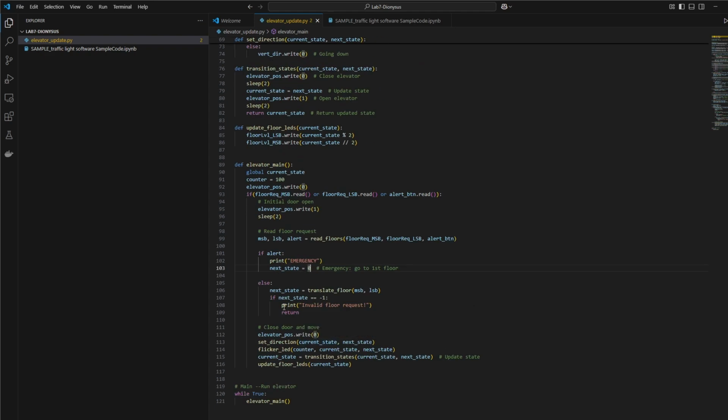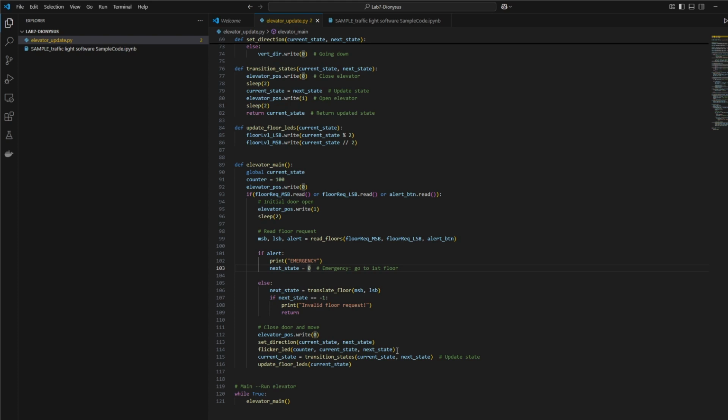And then from here the door is open, and once the user puts in their floor number, we're going to close it, right? And then we signify which direction they're actually going, and then we have this flicker LED, which then launches them. It closes back the door. We make sure that we close back the door, and then we launch and go off to whichever floor they